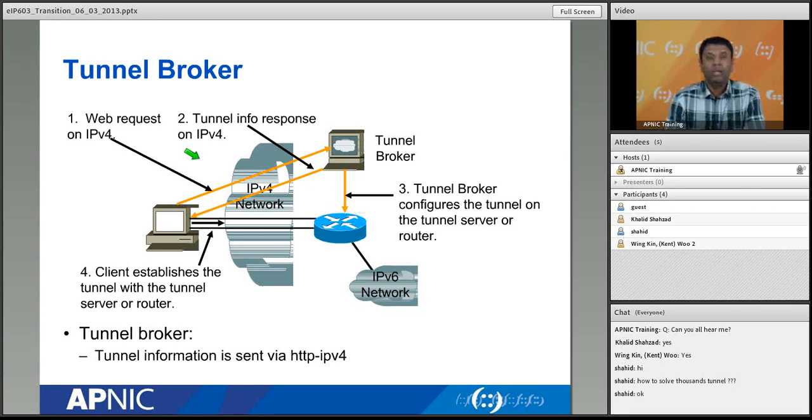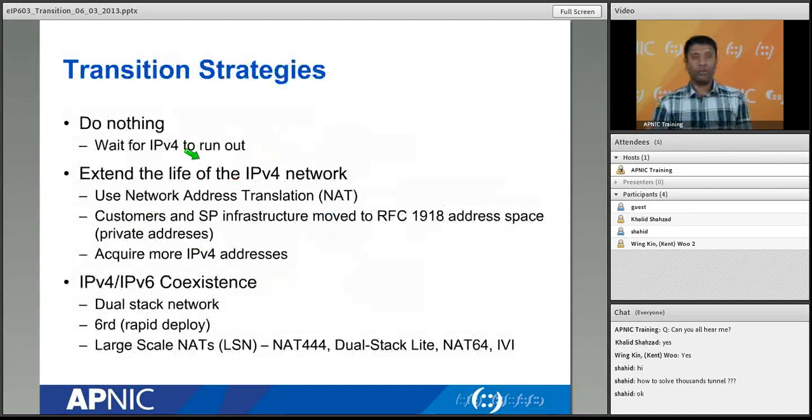Tunnel broker, I've already explained what a tunnel broker is, right? In a tunnel broker network, you manage only one tunnel up to the tunnel broker, and from your network up to the tunnel broker it is manually configured. That's what we call semi-automated. When it is configured on the browser, these configurations are uploaded on the tunnel broker routers, the POP routers. So the tunnel between your network and the tunnel broker POP is sort of a manual tunnel. From there onward, when it goes to the customer side, it's all either native or again there is a tunnel. So that's what we call tunnel broker.